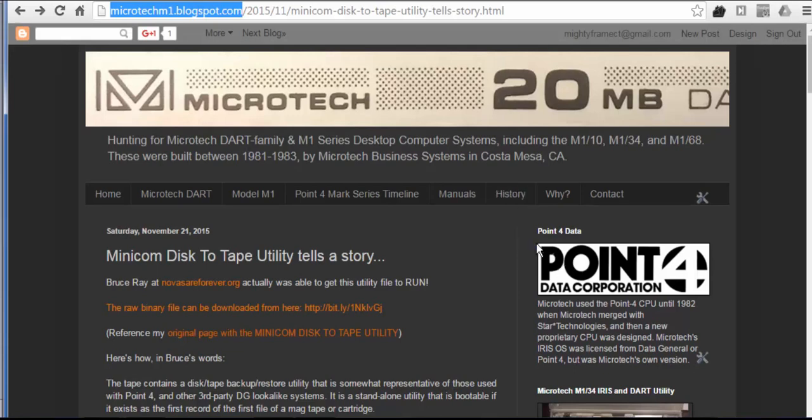But what this video is about is our attempts to actually reproduce what Bruce has done for us, so that we can analyze it more deeply and understand exactly what's going on by playing with the tools ourselves. So what we've done is we've extracted a file from one of these tapes. It's a file called the Minicom Disk-to-Tape Utility,